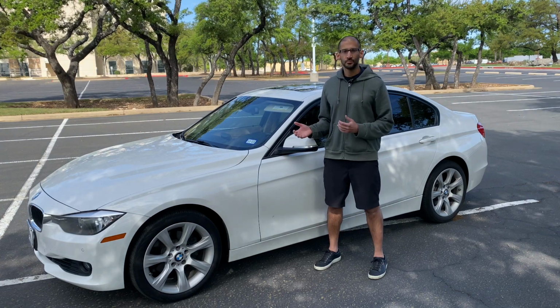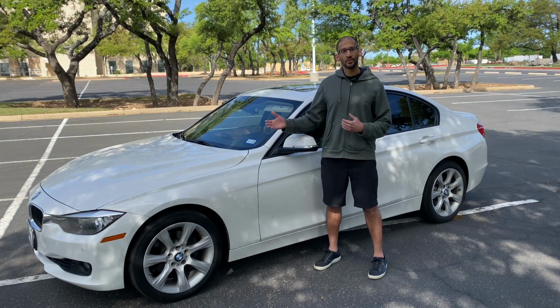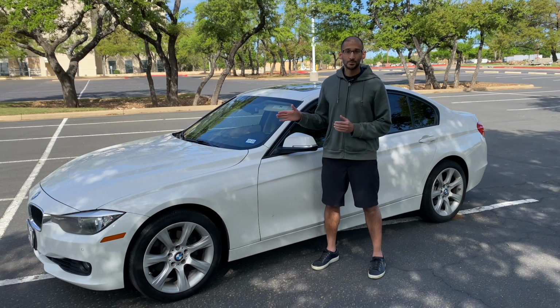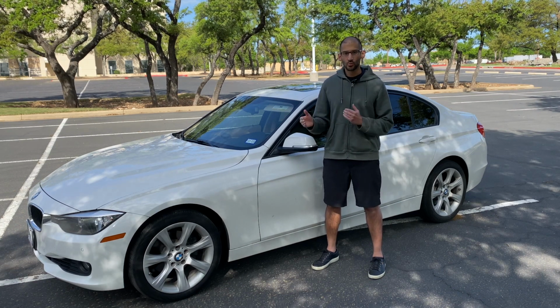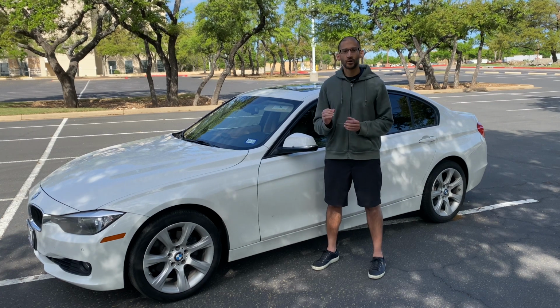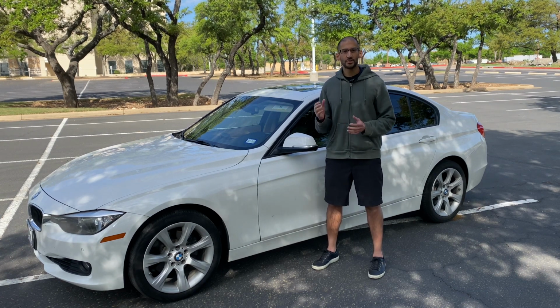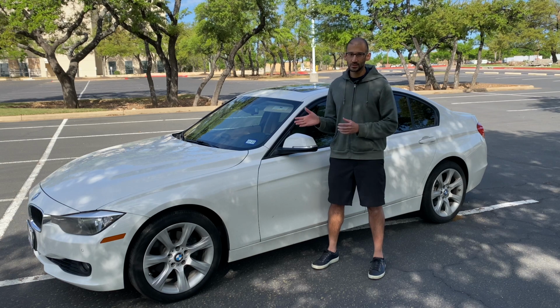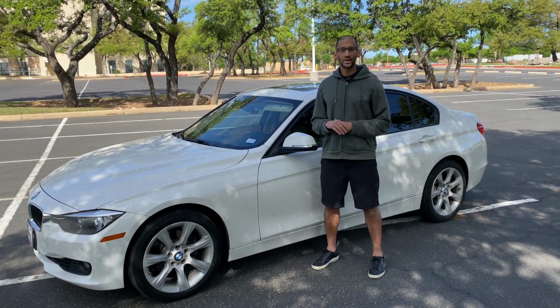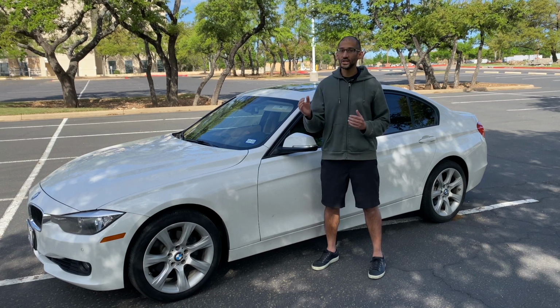During the warranty, didn't have any problems, and even beyond the warranty period, it's been very reliable, dependable. This BMW is just the right age, and you can get it at a great price. For right around $16,000, $15,000, you could get one of these. 7 years old, 8 years old, maybe 70, 80,000 miles on it, and I guarantee that you would be happy